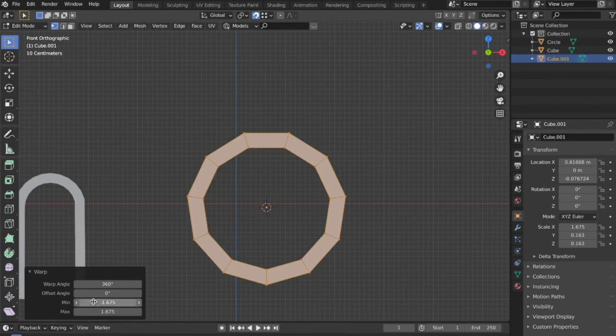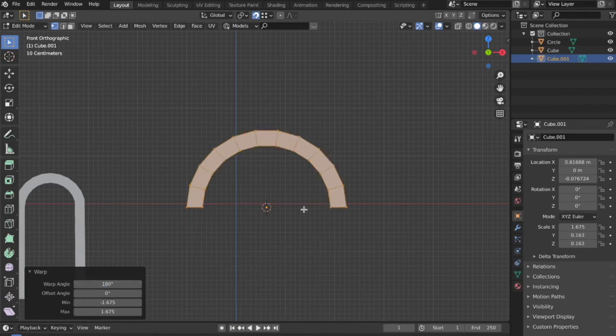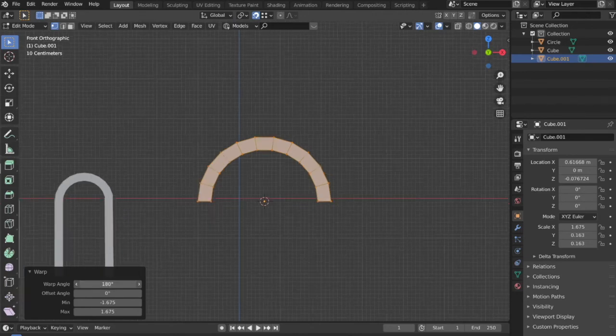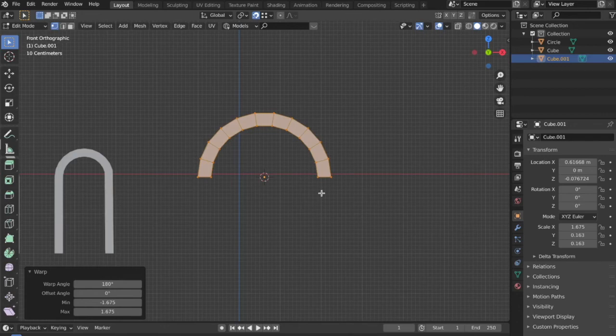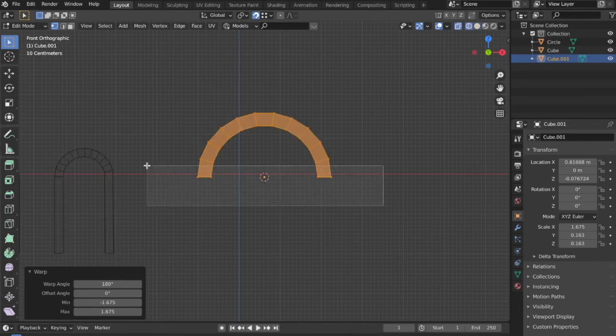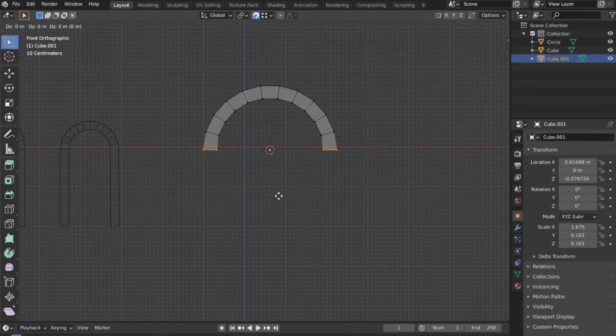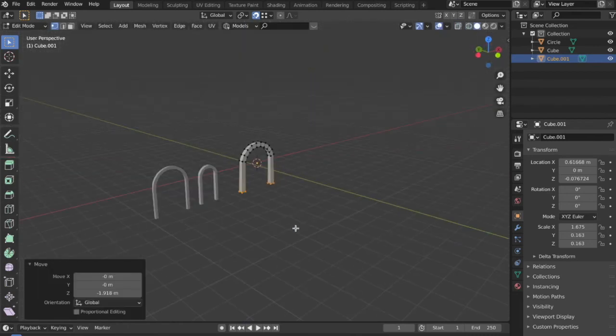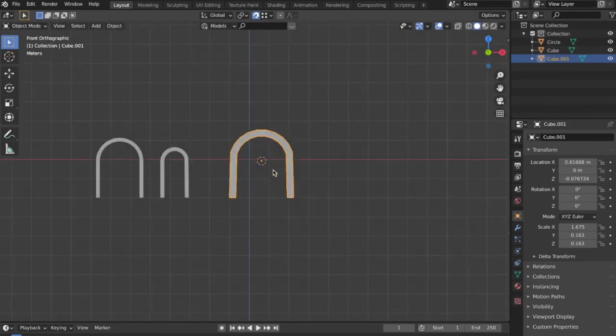Now over here you can see in the settings it is 360, that is why the whole ring is forming. Now the other option is to type 180, and now you can see the arch shape has been achieved. So this way you can also select any different angle, but for this case I'll use 180 as we are making a perfect arch. Now that we are done with that, all I'll do is go into the wireframe mode, select these bottom vertices and then press G, and then along the Z axis I will move them. So this way you can see this was the third method to model it.